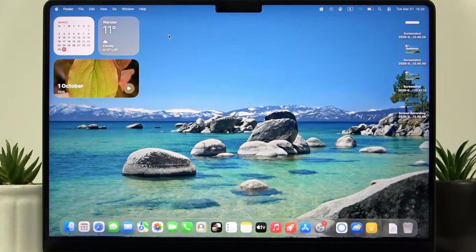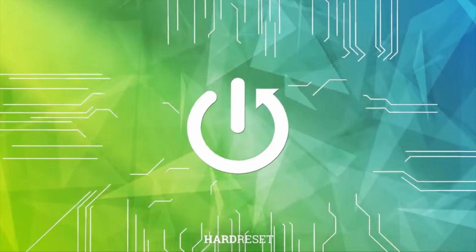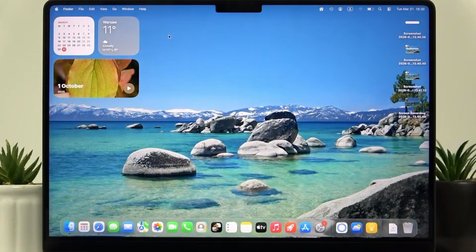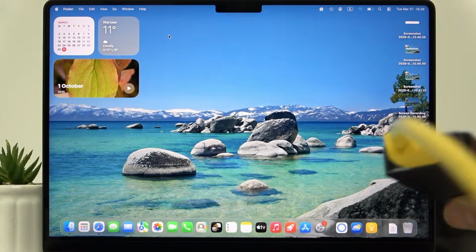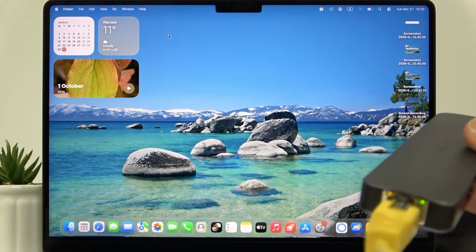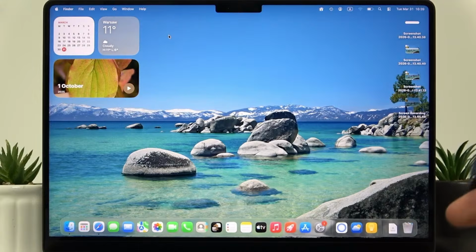Welcome. In this video, I will show you how to create a portable hotspot on your MacBook Pro M5. So, first of all, if you want to create a portable hotspot and you want to share the internet using the Wi-Fi, then you're gonna have to connect your device to the internet using the LAN cable. For example, like the one I'm using here, it is connected to the hub that is plugged into my MacBook